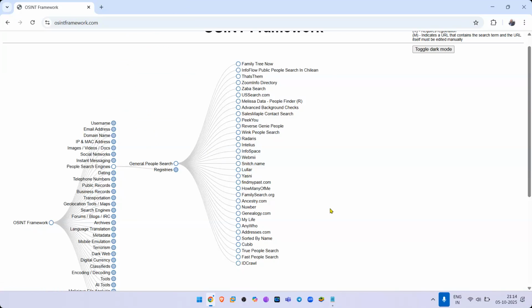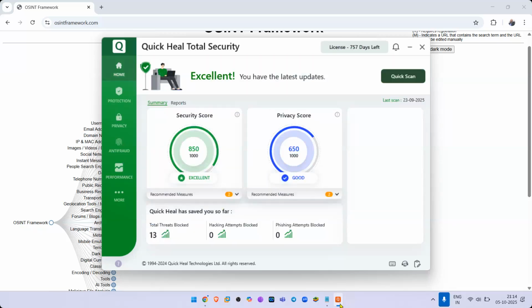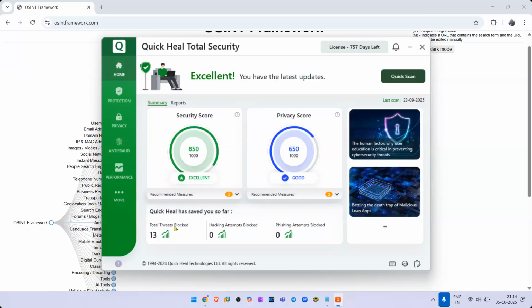Okay, there are web tools like this one, Quick Heal. I'm using Quick Heal Total Security, and this Total Security does give me the details like that. In fact, it gives me exactly everything that I've been found in, nothing more. So here you'll see that with somewhere, I don't know where that information was.